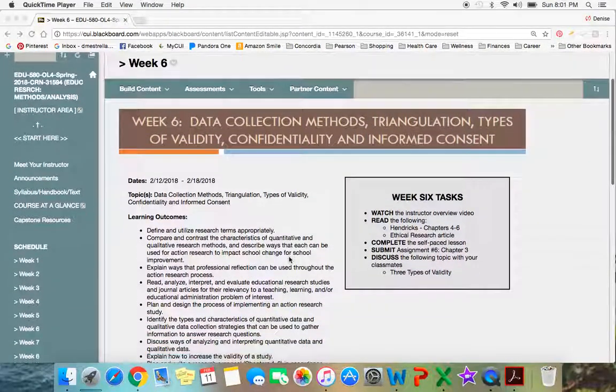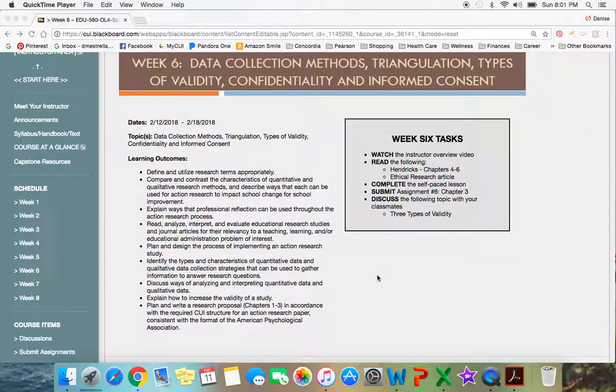Our learning outcomes this week are to define and utilize research terms appropriately, compare and contrast the characteristics of quantitative and qualitative research methods, and describe ways that each can be used for action research to impact school change for school improvement, to explain ways that professional reflection can be used throughout the action research process, to read, analyze, interpret, and evaluate educational research studies and journal articles for their relevancy to a teaching, learning, and/or educational administration problem of interest, plan and design the process of implementing an action research study,